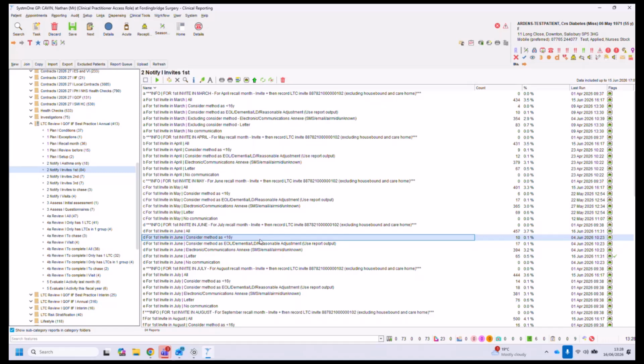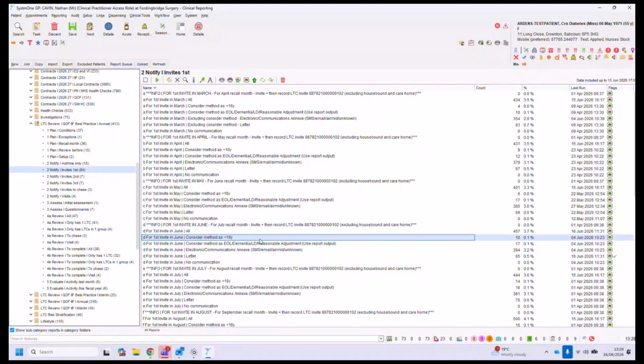Whatever. But you need to invite them or call them, because you wouldn't send them a text because you're like, well, you're not inviting a 14-year-old. They probably do have a mobile, but you might not have their mobile phone number. So it just allows you to see who you're inviting and inviting them as appropriate. Or do you need to invite them in? And again, some practices don't deal with 15 or younger, so it's up to you, but that would show you